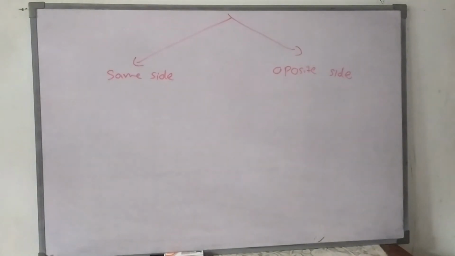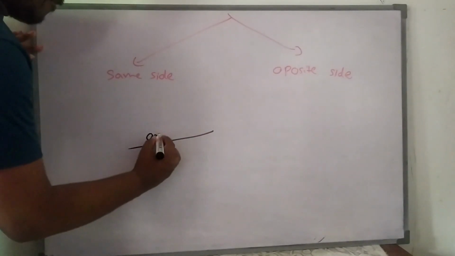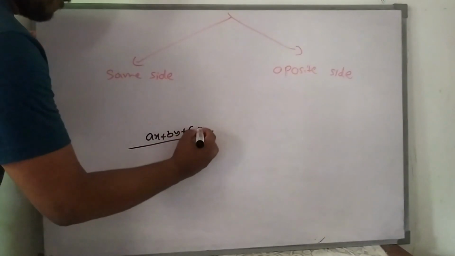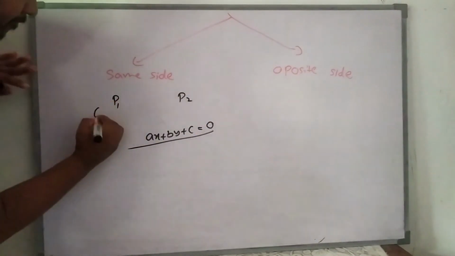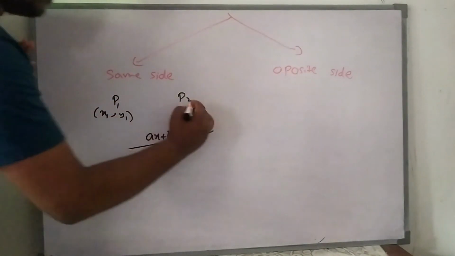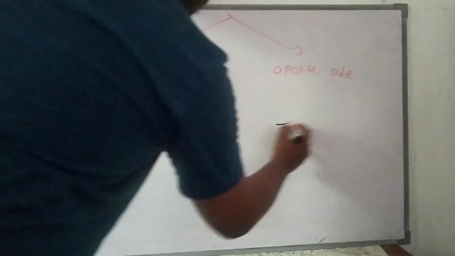Opposite side. This is my straight line. P1 (x1, y1), P2 (x2, y2), right? So opposite side means